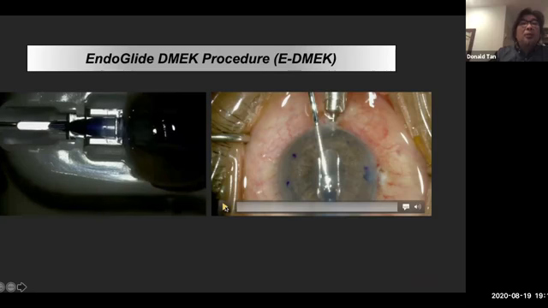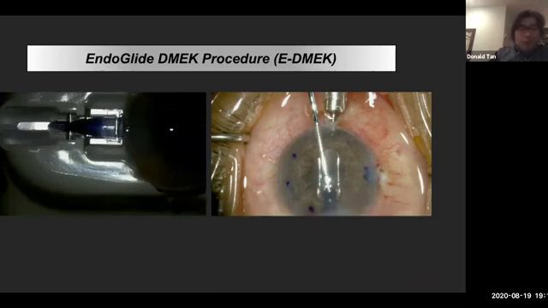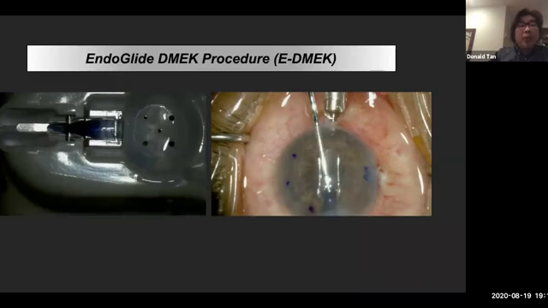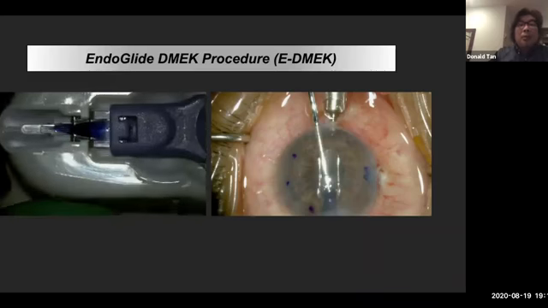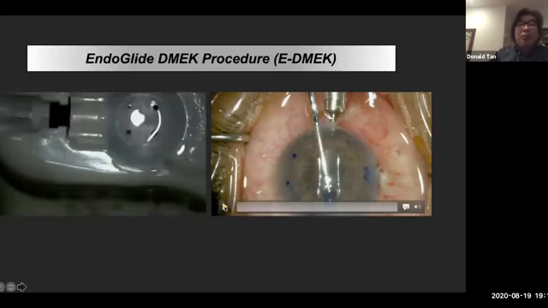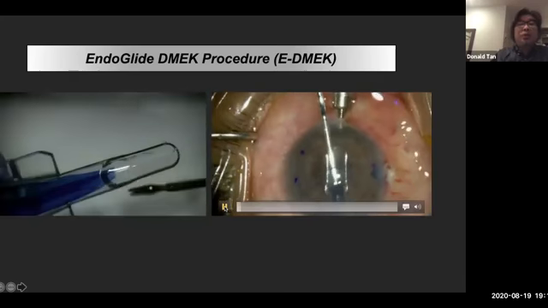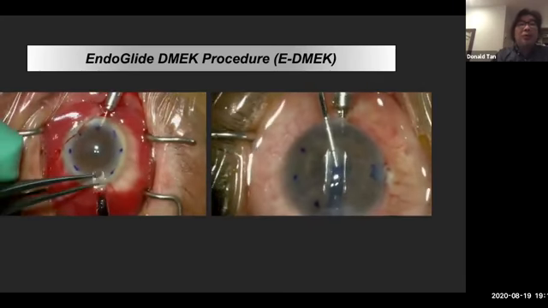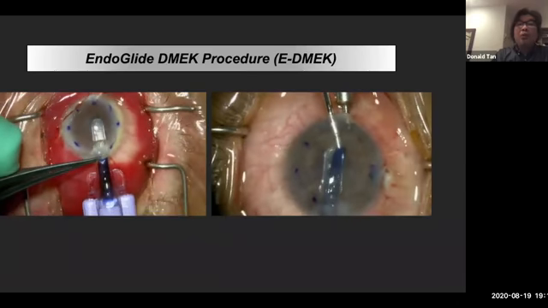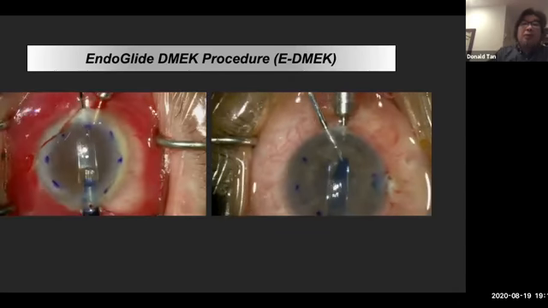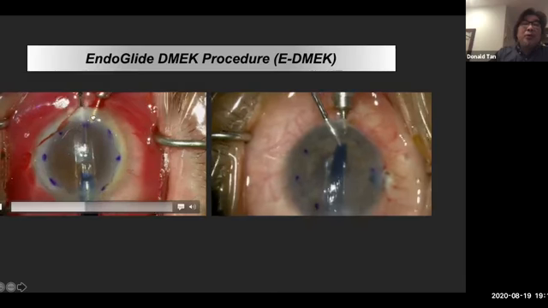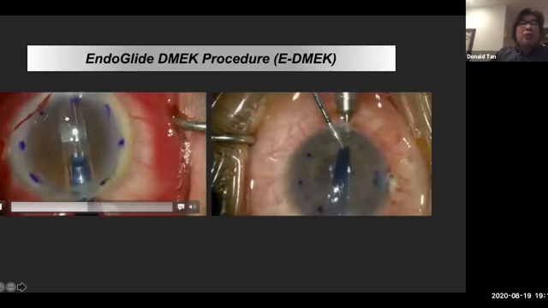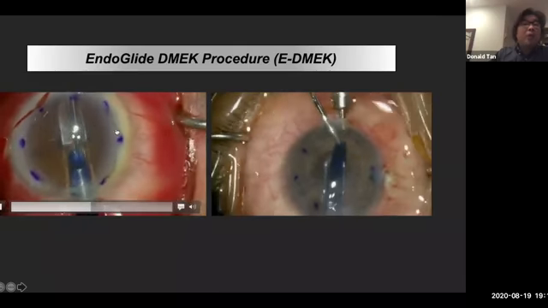Okay, so once it's in, we know which way is up, it won't rotate, and we basically place it in through the wound, and I'll just show you simultaneously here. You can just make sure it's there, and it goes through a clear cornea, 2.6, 2.7 millimeter wound. There is an AC maintainer. If you notice, I put it right across so that when the flow comes out, it actually helps to billow out the